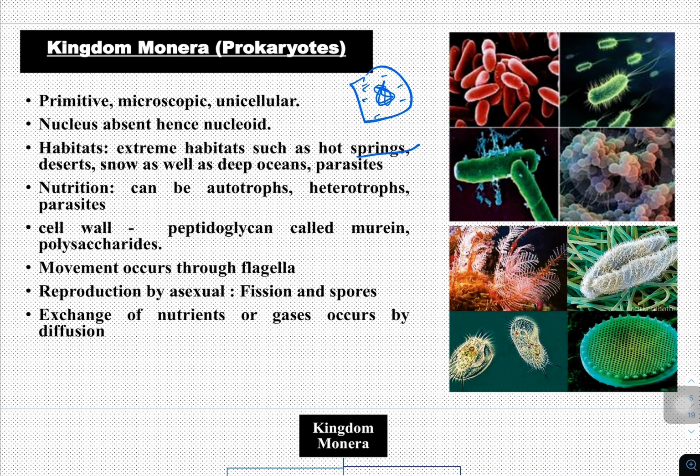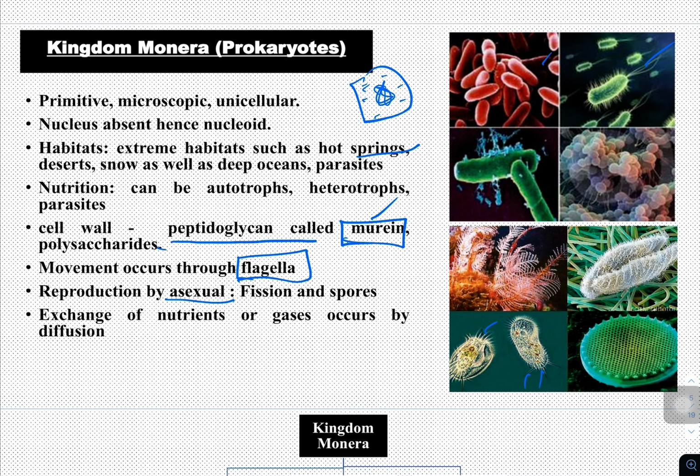Their cell wall, very important point, is made up of a peptidoglycan called murein, along with different polysaccharides that may be present, but the important thing is murein. And they have locomotory structures called flagella. You might see here, this is flagella, this is flagella. Their reproductive methods are either asexual reproduction or